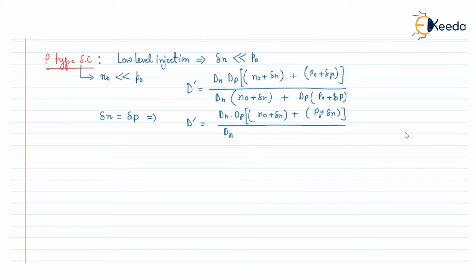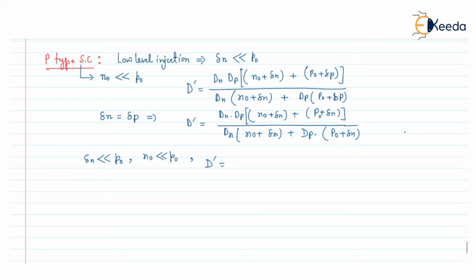Similarly, it will be dn into n0 plus del n plus dp into p0 plus del n. Now we know that for low level injection, the del n value should be very much less than p0, and n0 value is very much less than p0 because it is a p-type semiconductor. So if we use this information in this D dash equation, the D dash equation will be,